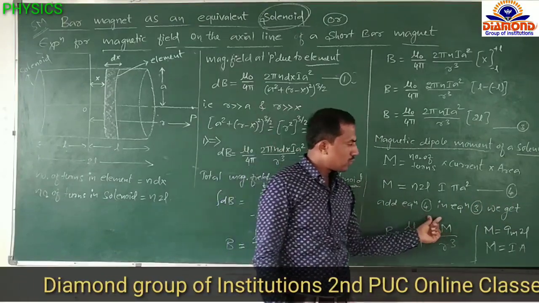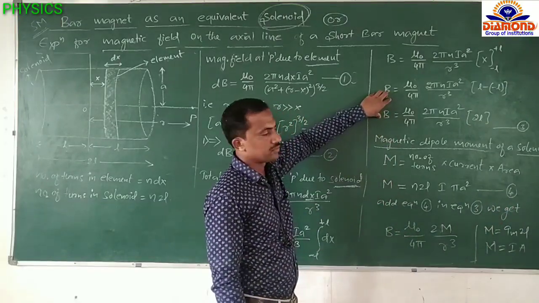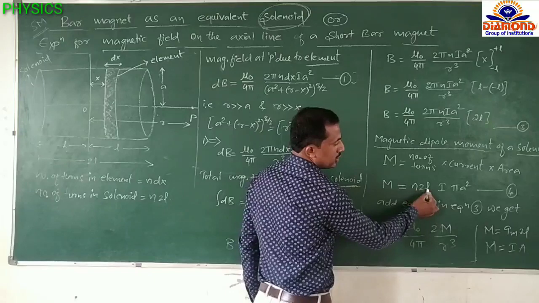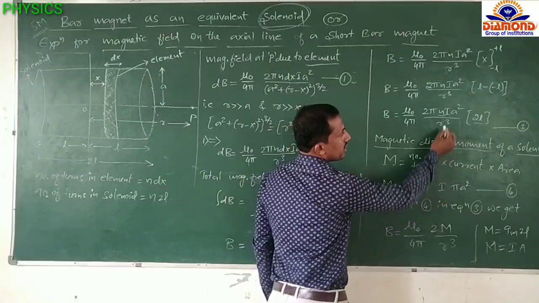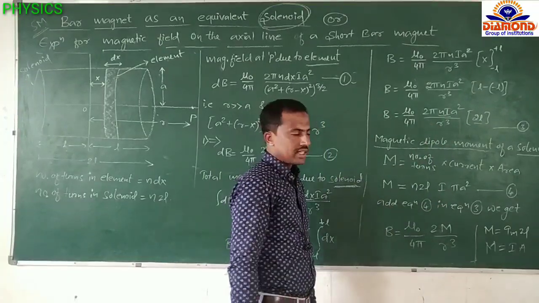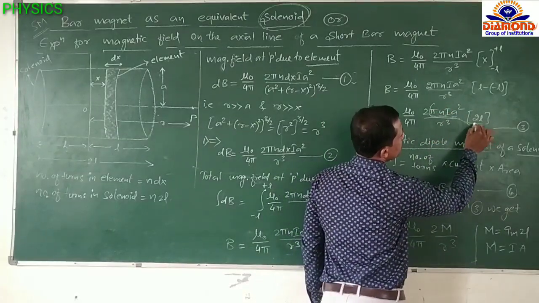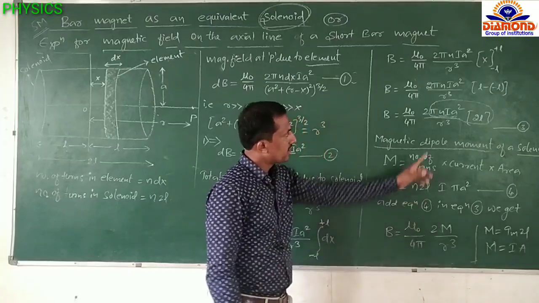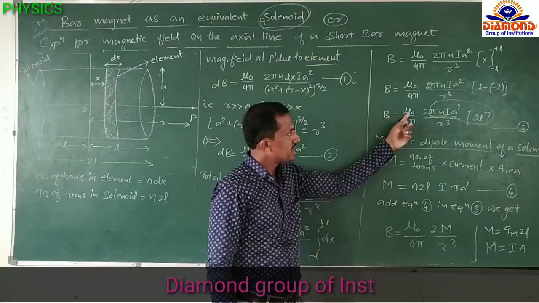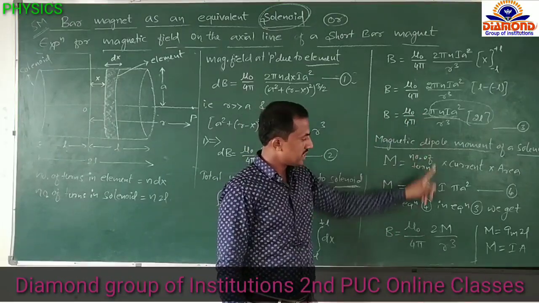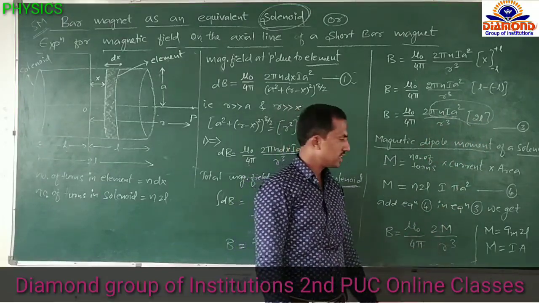Add equation 4 in equation 3, then we get this value we are adding in equation 3. Okay, what is the value? n 2l, here is n and this one is 2l. This one is I. Next is pi a square, this one is pi and this one is a square. In place of this whole term we are writing m. Then b is as it is, mu naught by 4 pi is as it is, 2 is as it is. In place of this whole term, we are writing m divided by r cube. This is the equation.